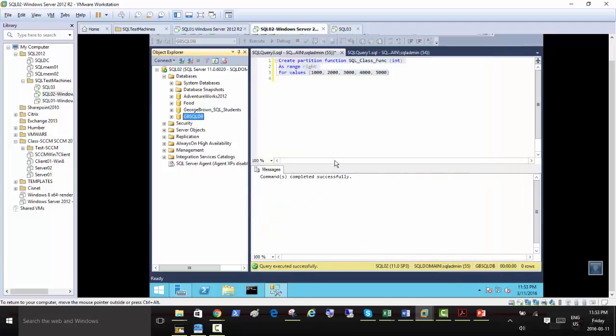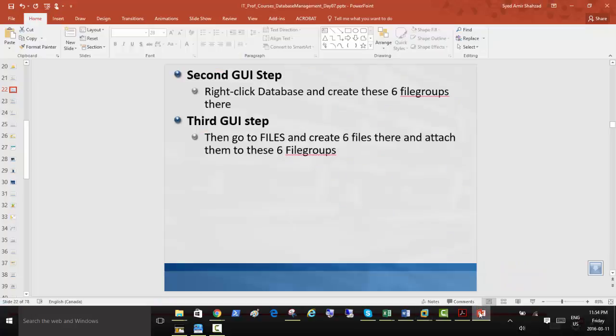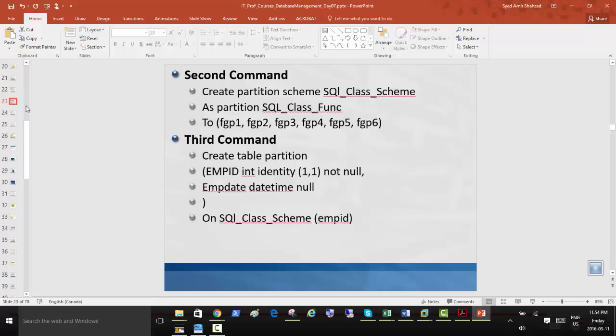So pressing OK here, and going back to the query area, we can run the next script.